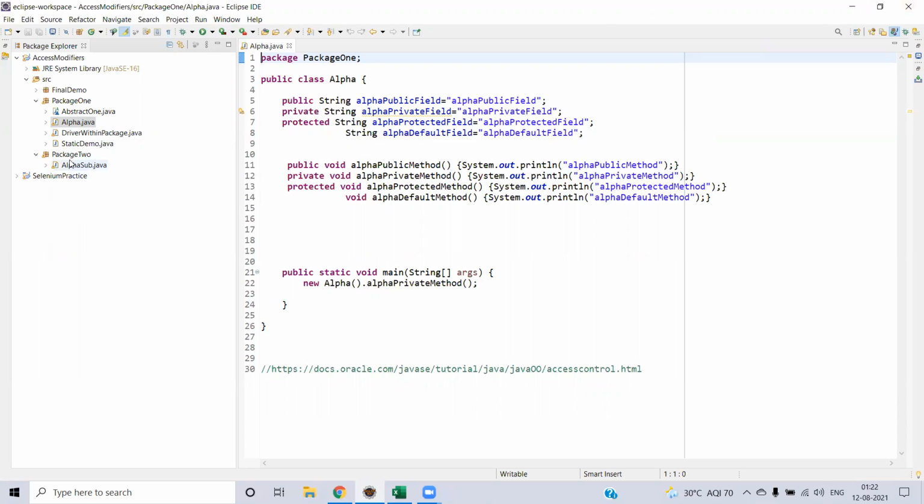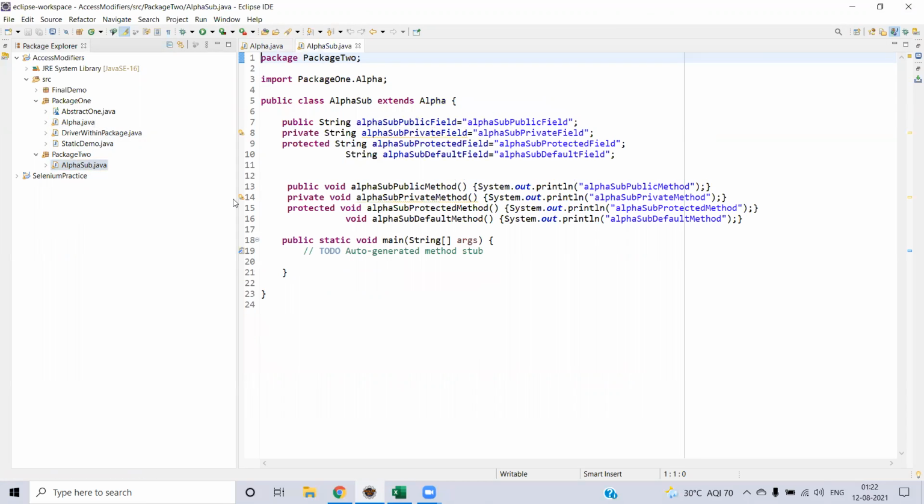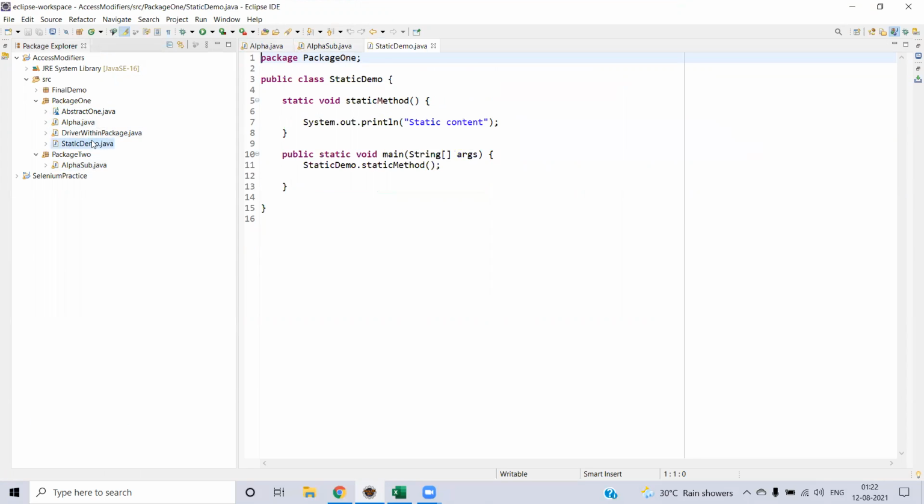After that, we have package 2, inside which the alpha subclass will be extending the alpha class. However, the alpha class will be in a different package altogether. And we will go to the static demo. Here we have a method with a static keyword, so that we can test how the static method works inside your class.